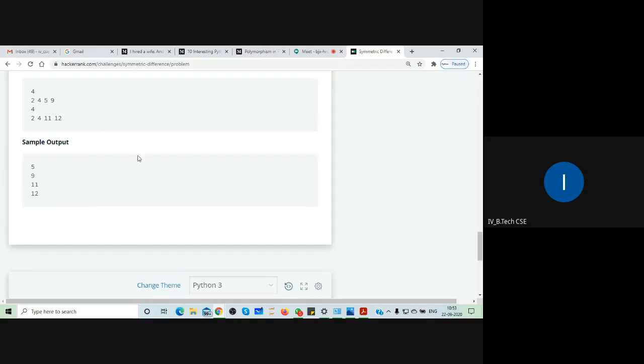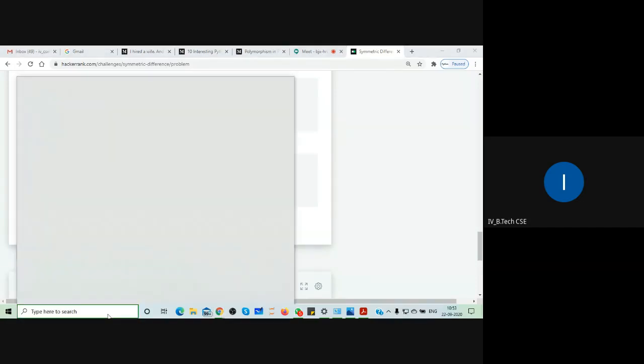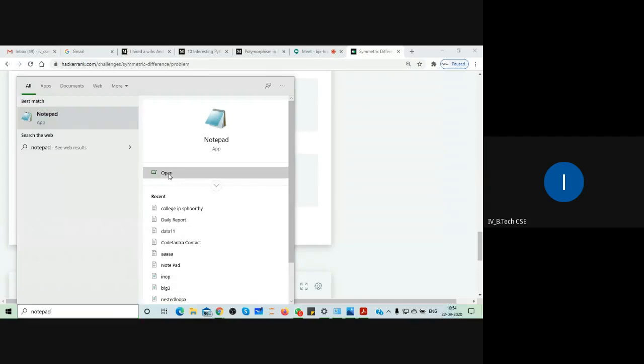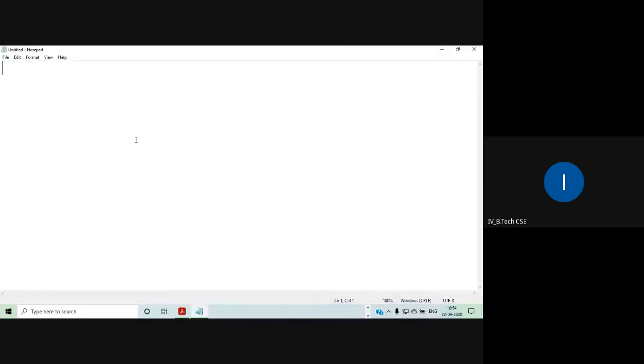So what is the symmetric difference? What is the symmetric difference formula? So it is A minus B union B minus A. That is symmetric difference.